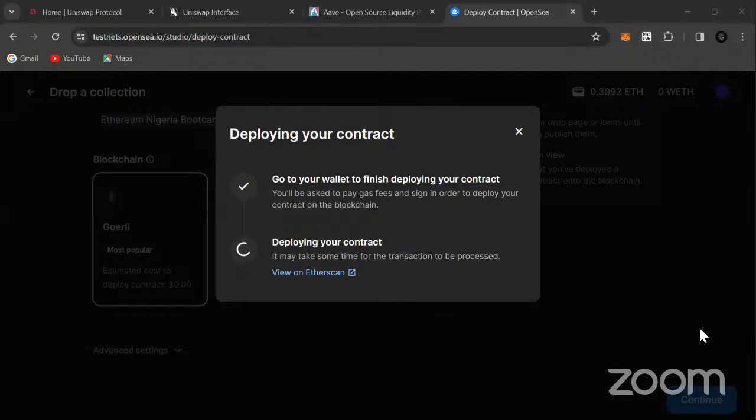So basically, like I mentioned, OpenSea is a marketplace for trading NFTs, especially your NFT. Of course, there are some NFTs that are not transferable, meaning you can only mint it to one wallet address and you cannot send it to another one.